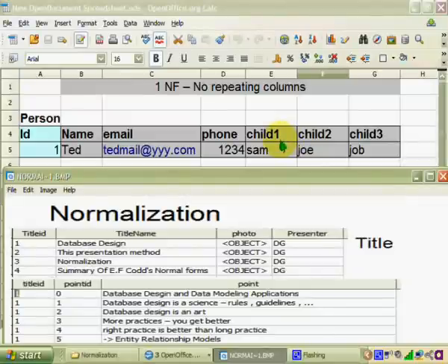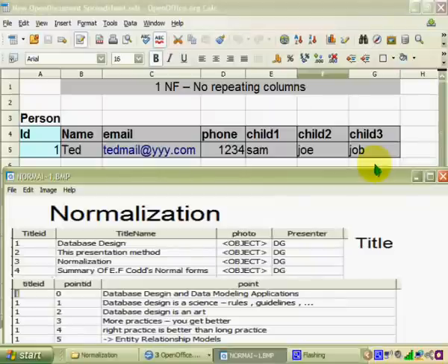So you can see the problems with this. Now let's just say that somebody comes along. There's another person that you are trying to store. He has 4 children, but there is space only for 3 children, so you will not be able to store his 4th child. And if another person comes along and he has only 1 child, so you have child 1 filled, and child 2 and child 3 spaces are empty, so there is a waste of space for that. And if a person has no children, then all the 3 spaces are wasted.